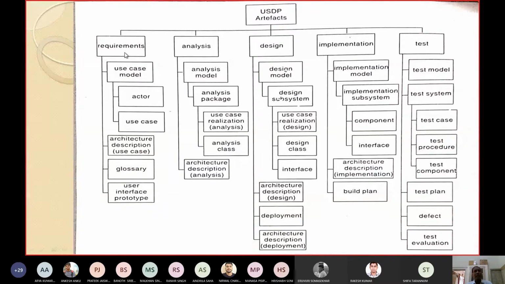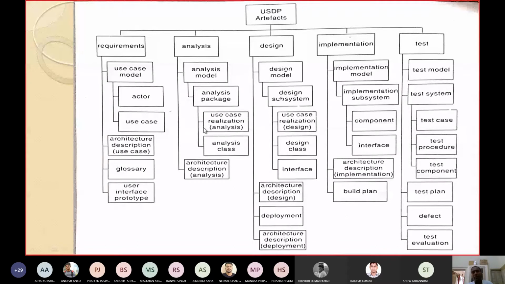Similarly, requirements can be represented by architecture description, glossary, and user interface prototype. So for requirements, these are the use case model, architecture description, glossary, and user interface prototype. Similarly, for analysis, the artifacts are the analysis model, analysis package, use case realization, analysis class, architecture description, etc. These are the required artifacts.